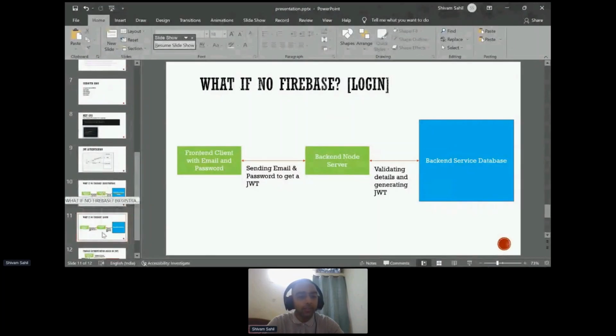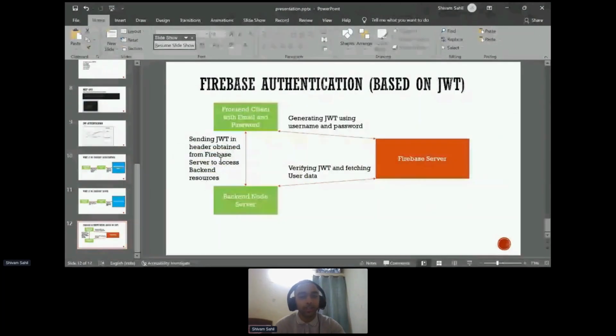Now, what Firebase does is that it gives you out of the box these functionalities. Like you can log in through front-end client, send the username and password. Firebase server will verify. It will make a request to Firebase server. It will verify and give you the JSON web token directly there itself. Now you send this JSON web token to your backend, and backend server will keep on communicating with the Firebase and see if the token that you sent from the client is valid or not. And if it is valid, then backend server will let you perform all those operations. So this is like overall idea of JSON web tokens